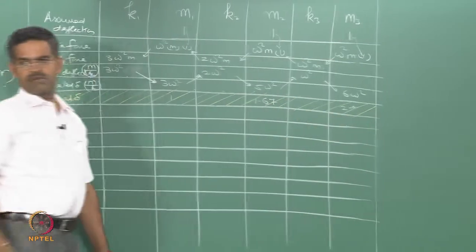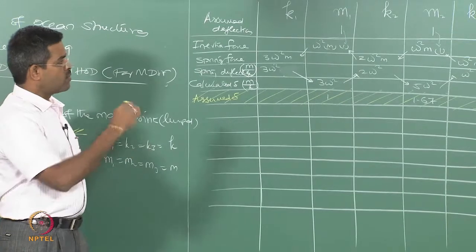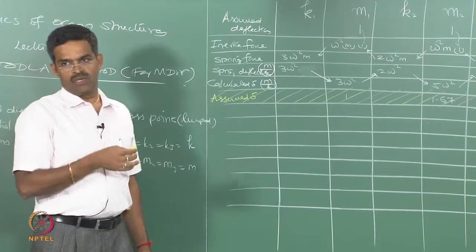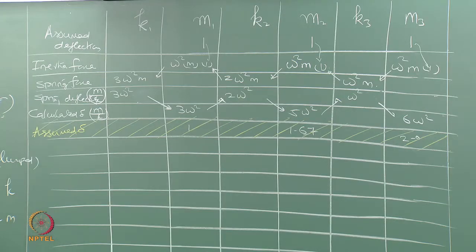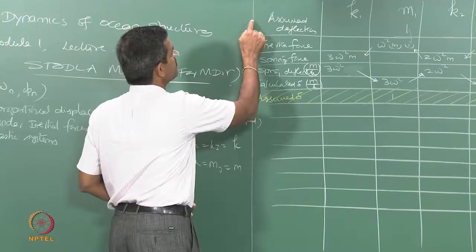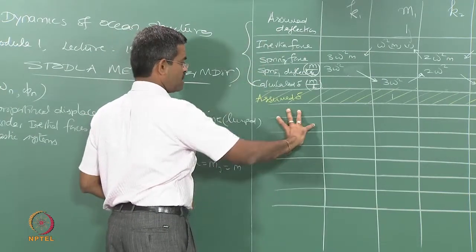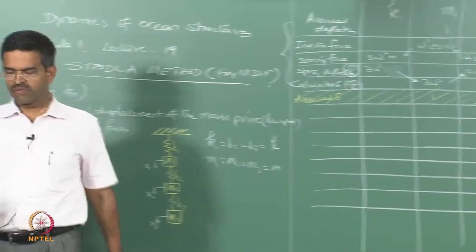Why am I banding this? Because we started with 1, 1, 1, it is not converging at 1, 1, 1. It is coming to be 1, 1.67 and 2. They are not converging, so I have to go for a next iteration. Can we repeat the same set of procedure again here? Let us try to fill up the table.